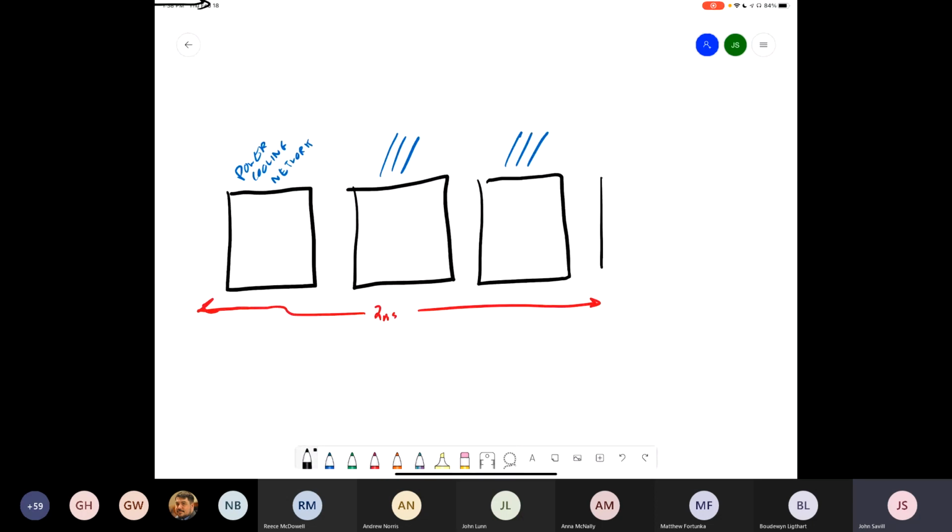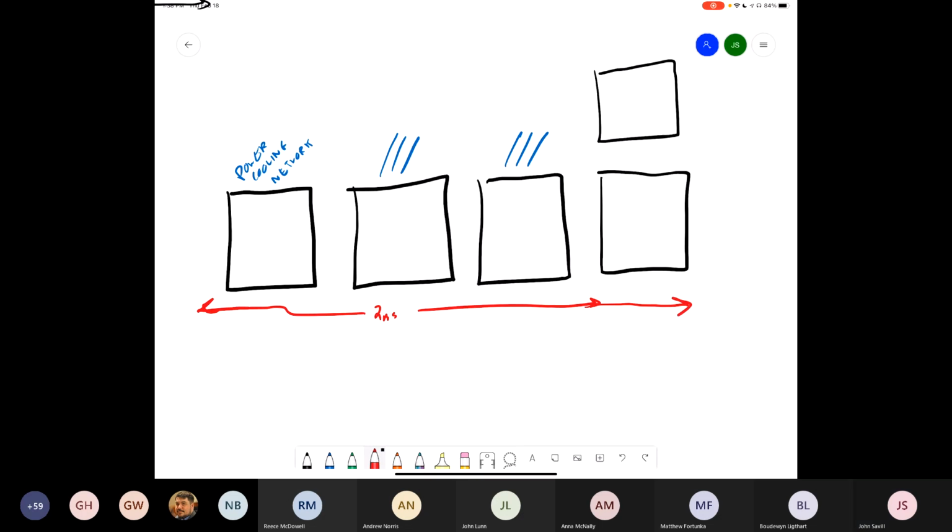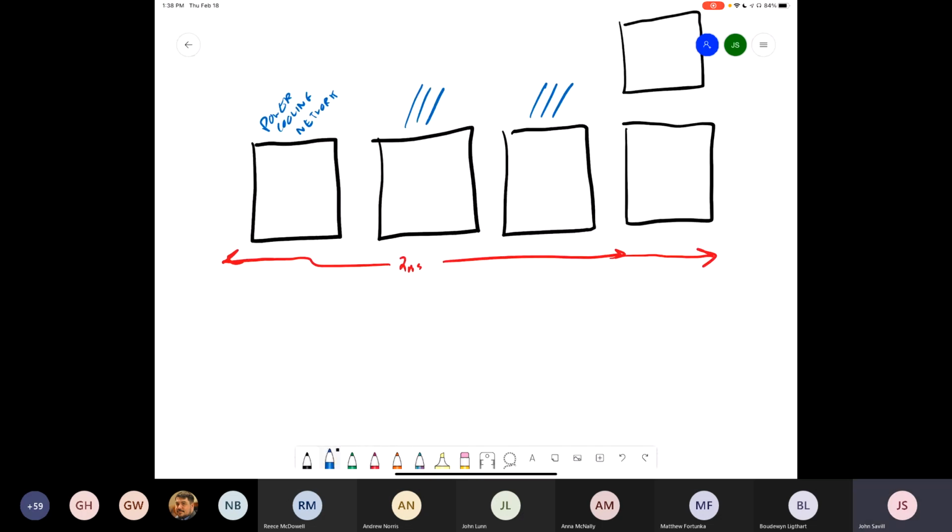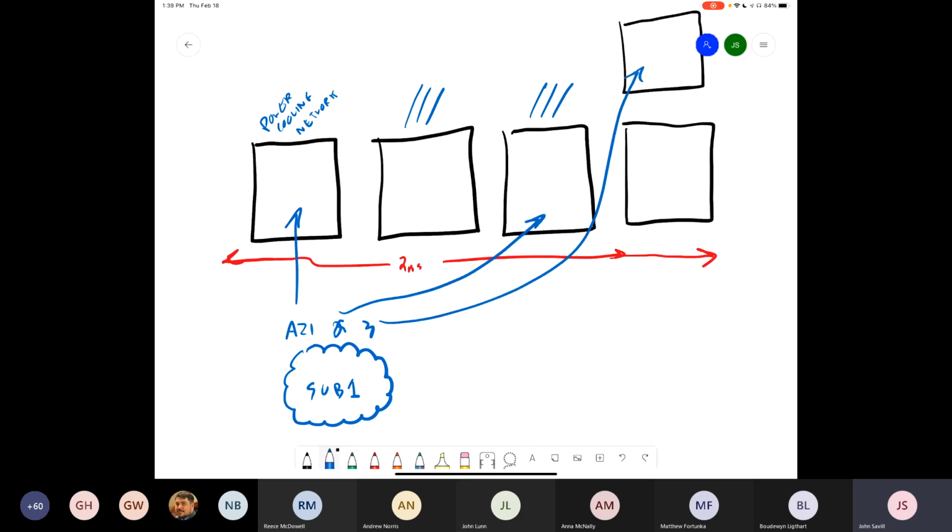Now, the reality is there's probably lots of buildings within that particular region. There might be 16, there might be 32, there might be lots more. And so what happens is I get a certain subscription. So subscription is kind of that unit of where we can create resources. So my subscription 1 will only ever see 3 availability zones. So I see AZ1, AZ2, and AZ3. Now for my subscription 1, AZ1 might be that building, 2 might be that building, 3 might be that building over there. Then I get a second subscription